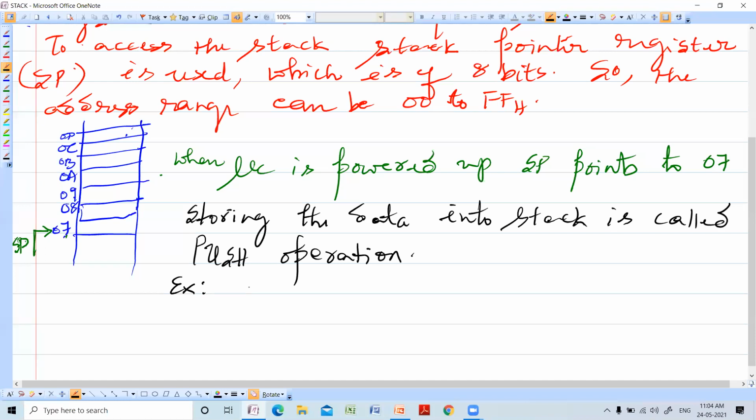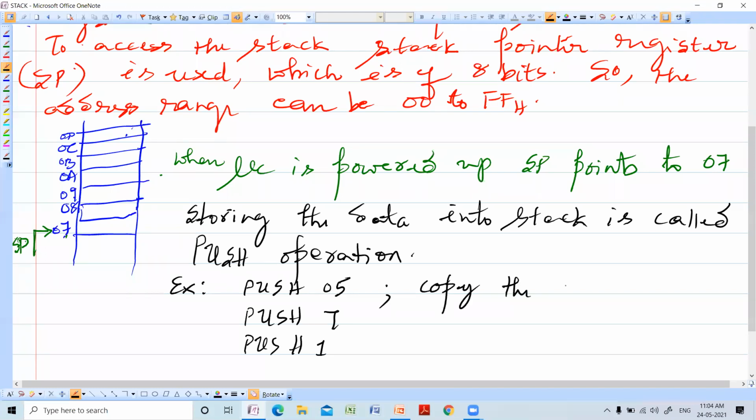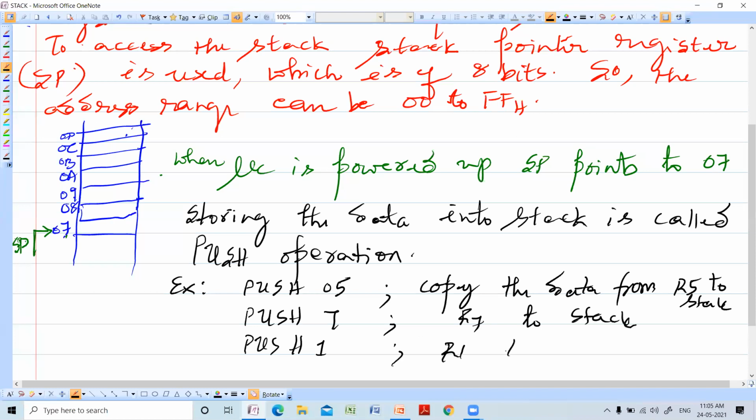Example: push 5, push 7, push 1. What is the meaning? Copy the data from R5 to the stack. Here also, R7 to the stack. And R1 to the stack.